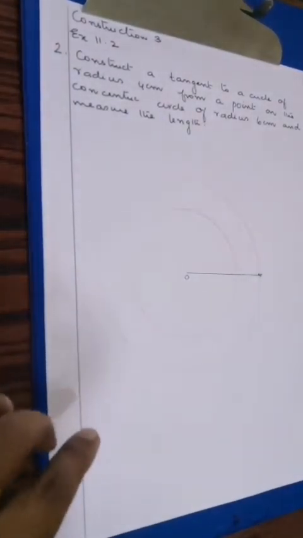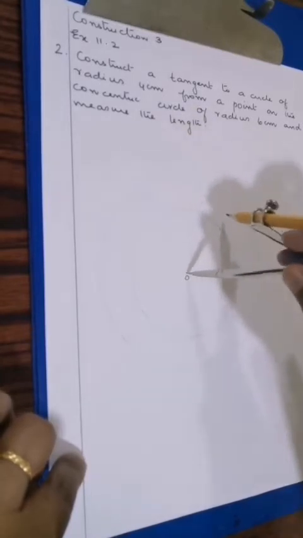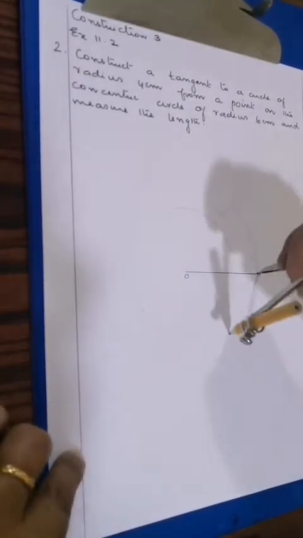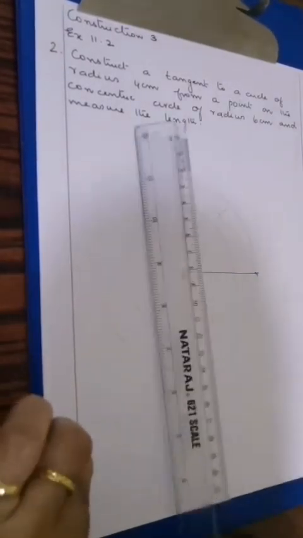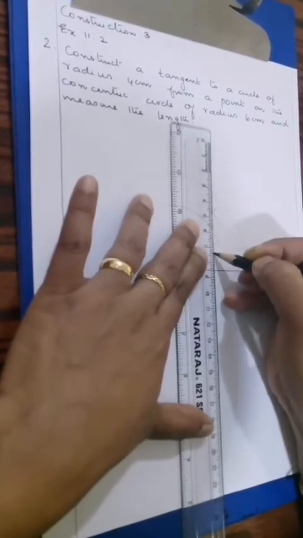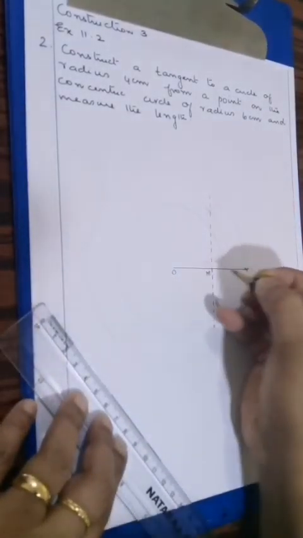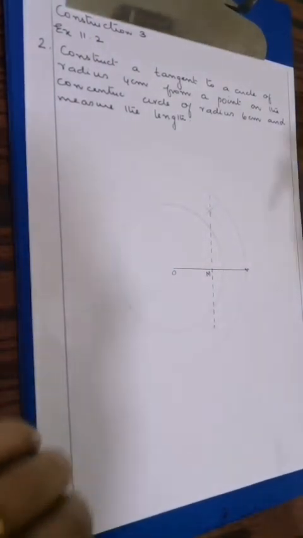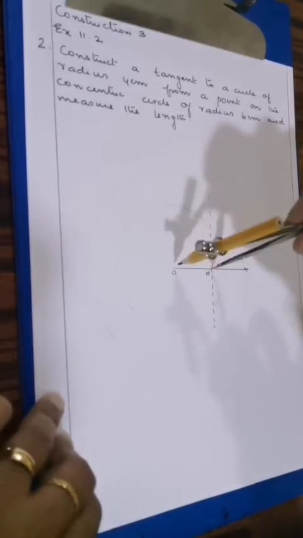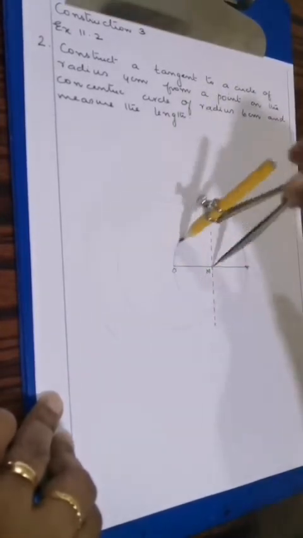The procedure is the same as the previous problem: construct the perpendicular bisector of OP. For that, with center O and radius more than half the length of OP, cut two arcs, and the same with P as center, and when you join these two arcs, it will give the perpendicular bisector of OP, which will meet OP at the point M. With M as center and radius equal to MP, draw another circle which definitely passes through O and meets the circle of radius 4 centimeter at 2 points